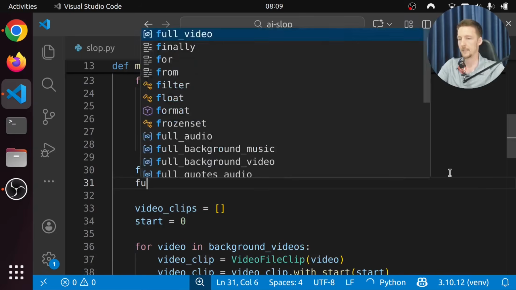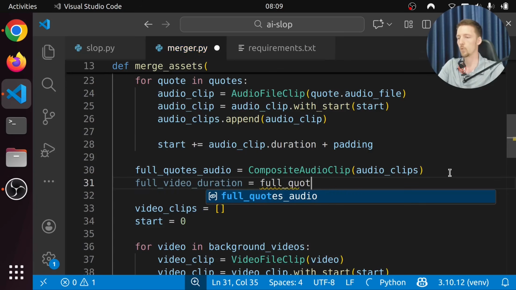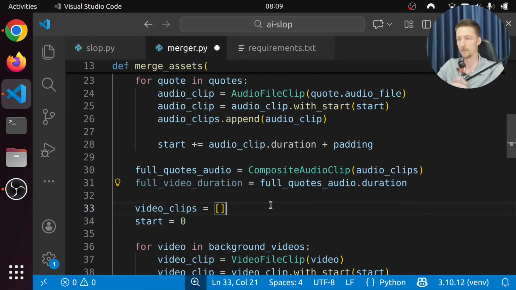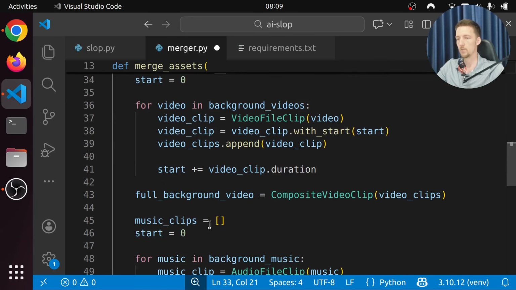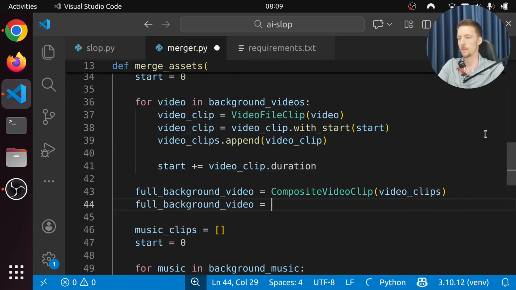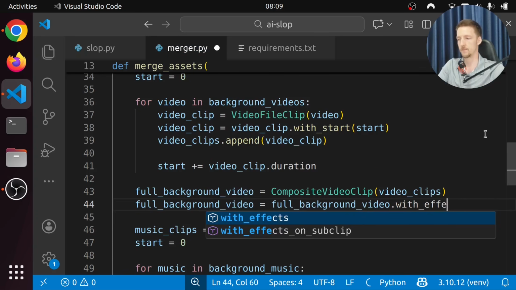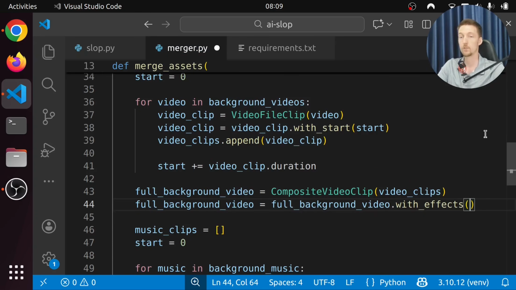Let's say that the full video duration is going to be the full quotes audio duration. So that's how long of a video we're going to make. And then we can say full background video equals full background video with effects. So we can add some effects to this video.